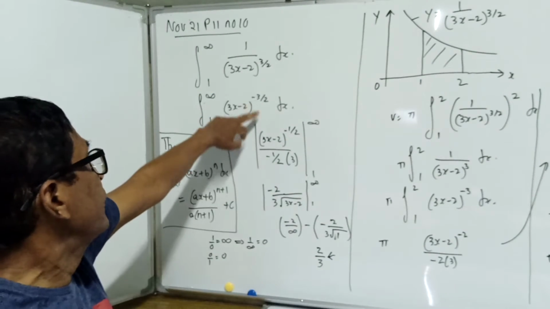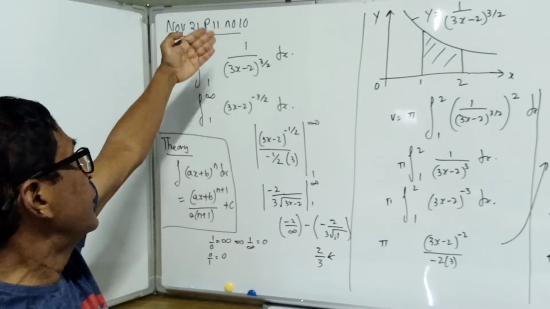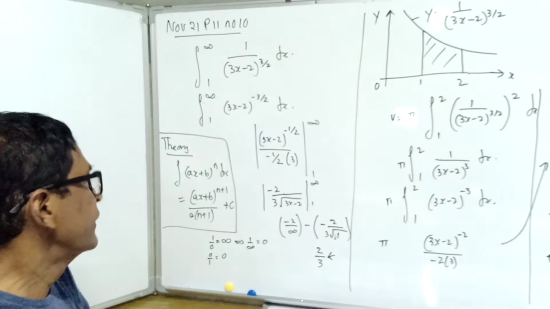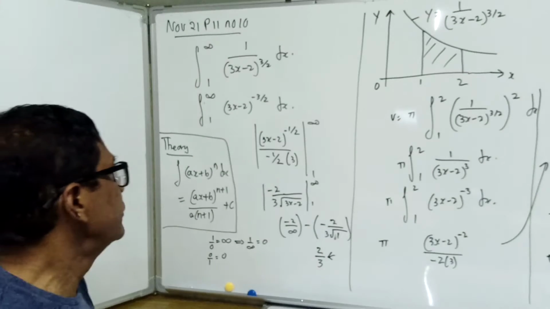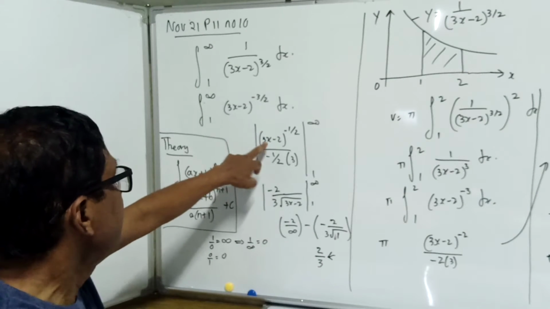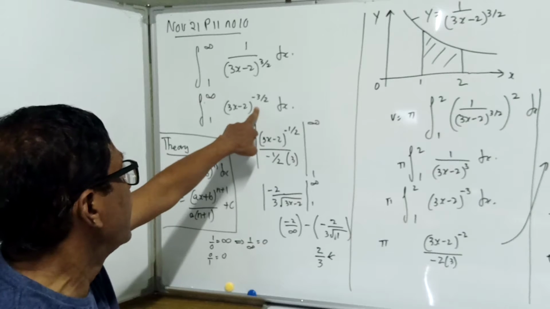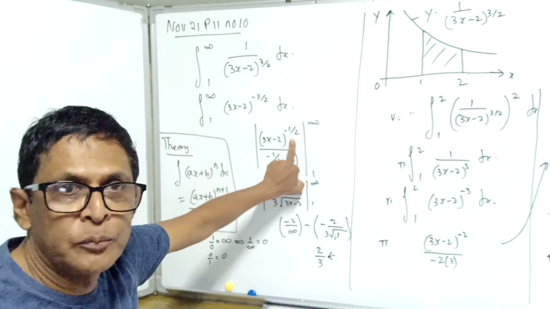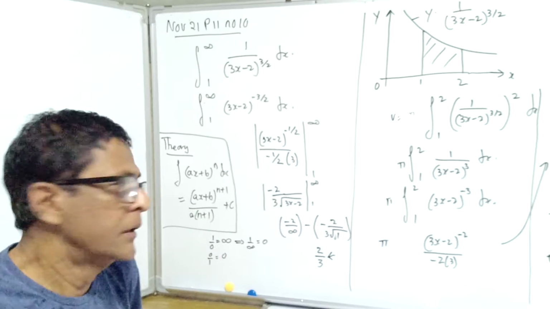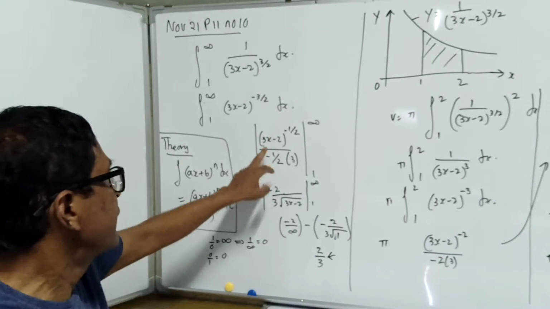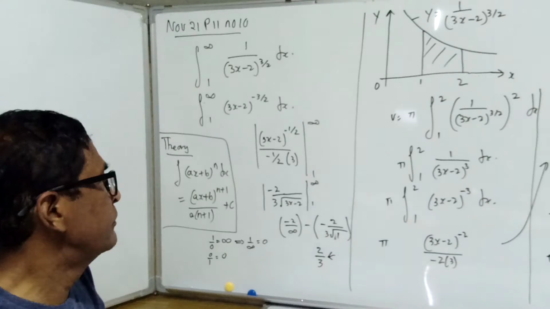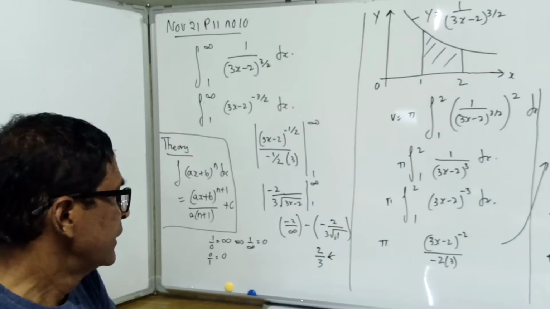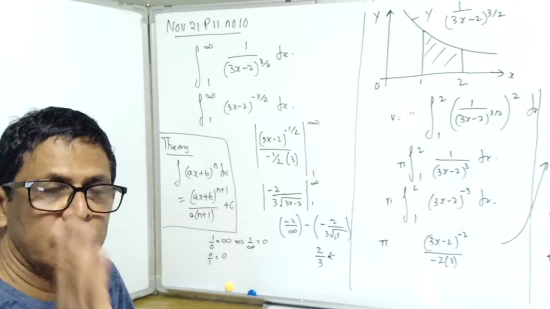Now, when you put it to the top, it becomes negative. So what to do now? Now we add 1 to this, it becomes negative half, then you put negative half at the bottom. And then you differentiate the inside, which is 3, put it at the bottom, then you put the limit. Now very important,